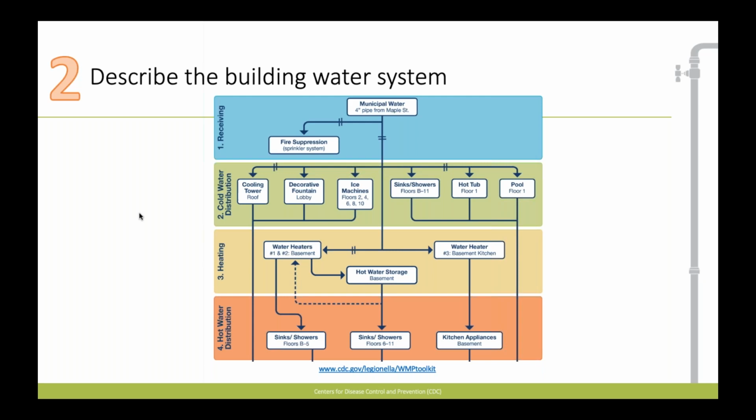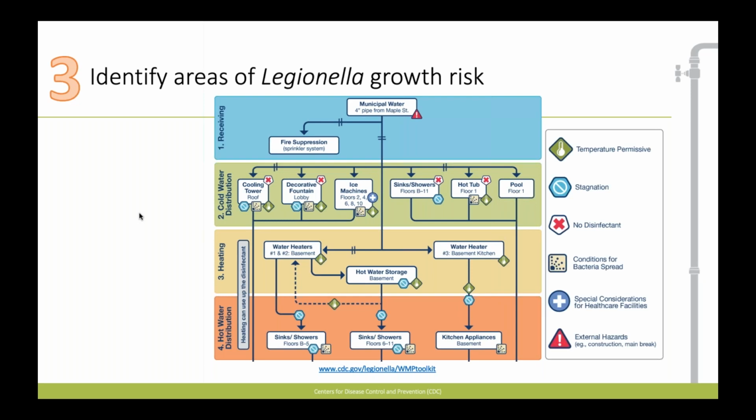So describing this water system doesn't have to be fabulously complex. It just really needs to get at a high level of where the water comes into the building, what happens to it after it comes in, where it goes, and where it ends up. And just ensure that it is complete and that it is updated when updates to the water system occur, be that a new wing or a change to the existing structure. If you have a really nice water system layout that is obsolete, that doesn't do anybody too much good.